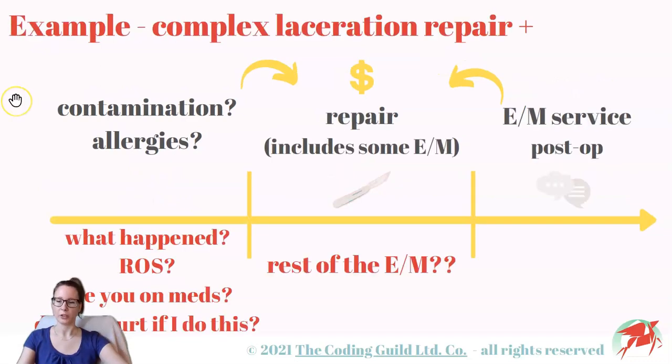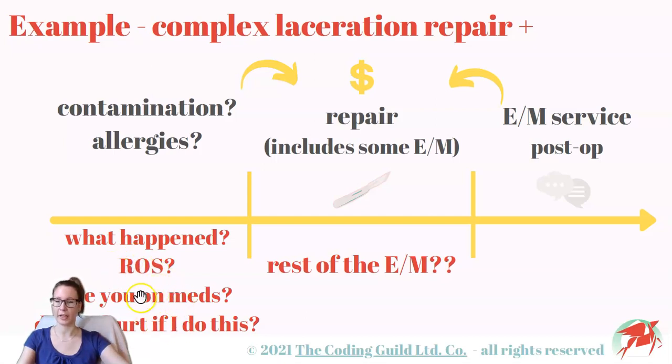Example, the same patient comes in with the same obvious cut on their hand, but now instead of quickly patching them up, the provider conducts an actual evaluation and management service. They ask, what happened? Did the patient fall? Was she attacked? Is it a kitchen accident? What cut the patient? A chainsaw? Rusty blade? Broken shells? Does the patient experience any other symptoms beside the pain at the laceration site?